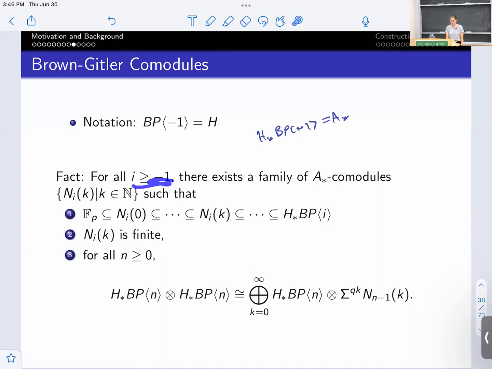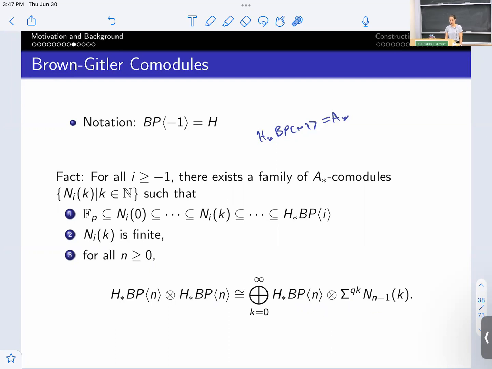You have them for every I greater than or equal to -1. They should be a family of comodules, N sub I of k, such that they're giving you an increasing filtration on the homology of BPI. Each of these N sub I of k's is finite. And then for every n greater than or equal to 0, you can take the homology of BPN tensored with itself, and split this as the sum of the homology of BPN tensored with a sum of these Brown-Gittler comodules